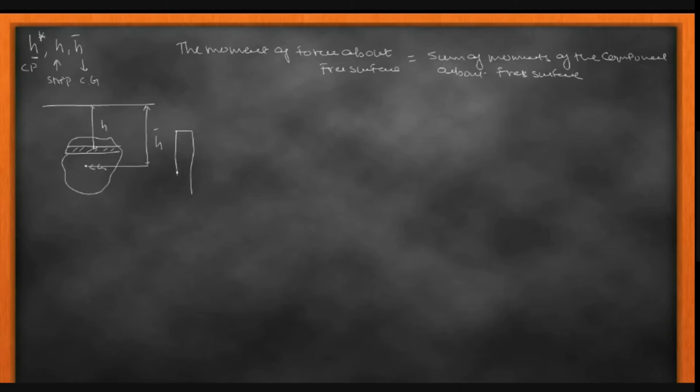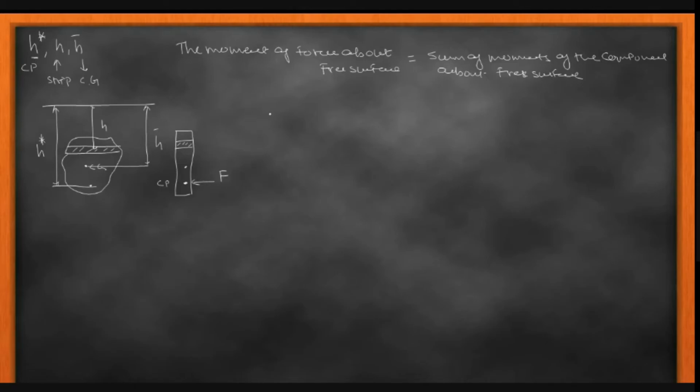So the side view looks like this. Again take a projection, the strip is there, then the center of gravity is here. The resultant force, let's say F, is acting at this point, which is called the CP. And the height of this point from the center of gravity, taking a projection over here, is called H star. So now we take the moment of one strip and then we do the integration. The same procedure that we did for the forces, we are doing for the moment, so that we are able to calculate H star.